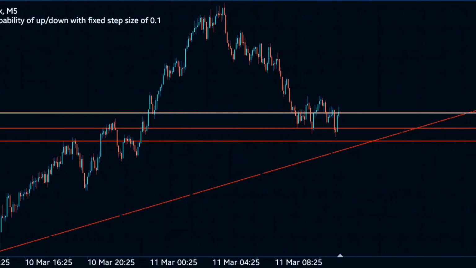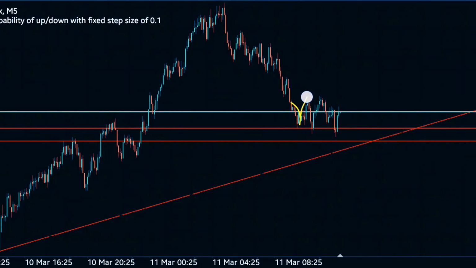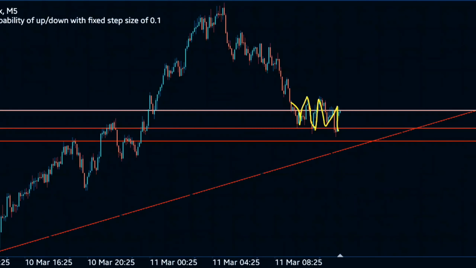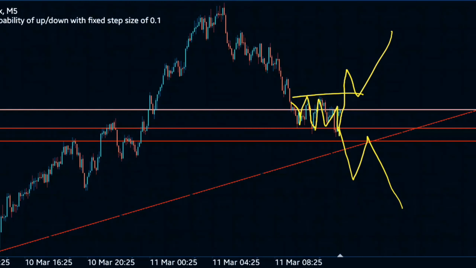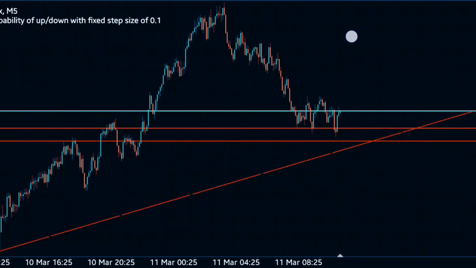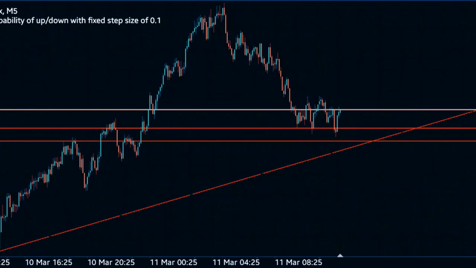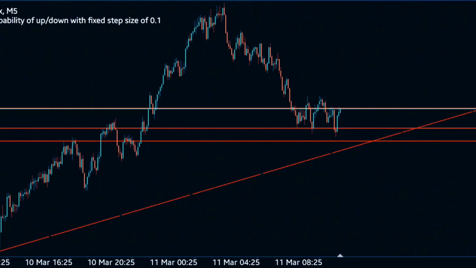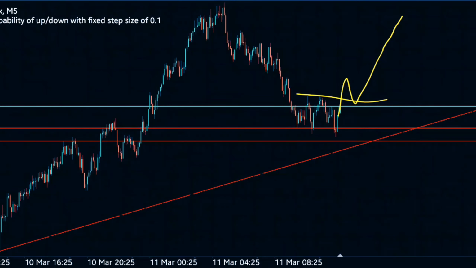So what will I be looking out for? Knowing full well that this is price movement, I'll wait for price to do either this or this. That's what I'll be waiting for. I want price to break out of either of the areas, and if it does that, that's what I'll be following. But I personally would favor a break and retest to the upside, because that's the initial trend of the market.